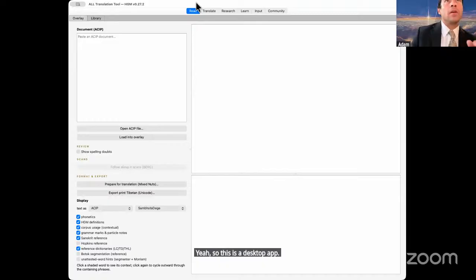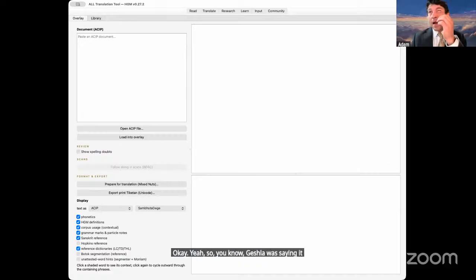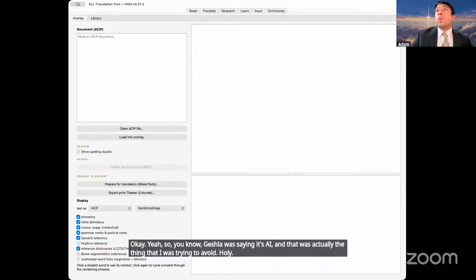Yeah, let me pull this up here. Okay, so this is a desktop app. Can you see this here? Yep. Geshe was saying it's AI, and that was actually the thing that I was trying to avoid wholly whenever I began